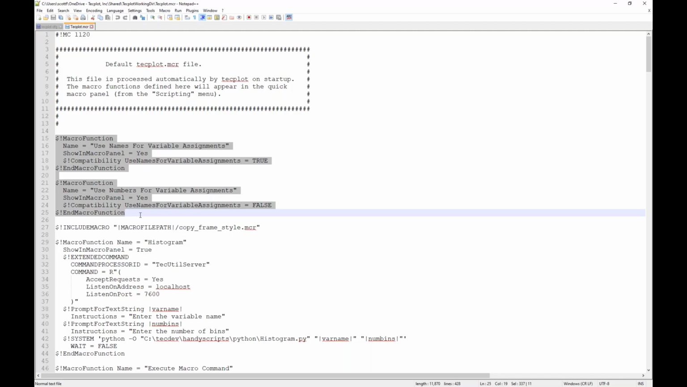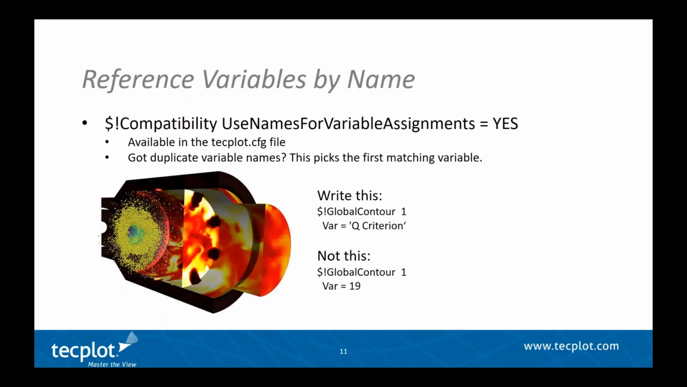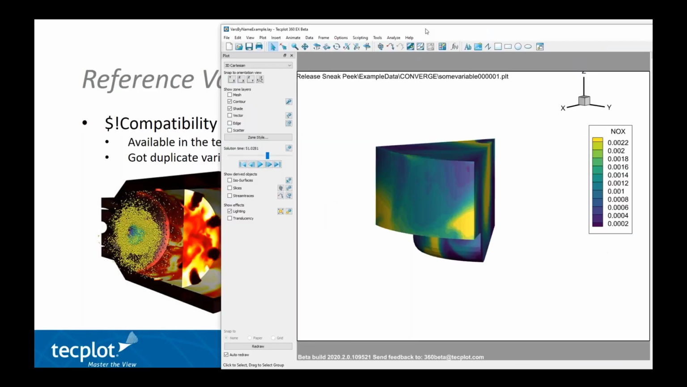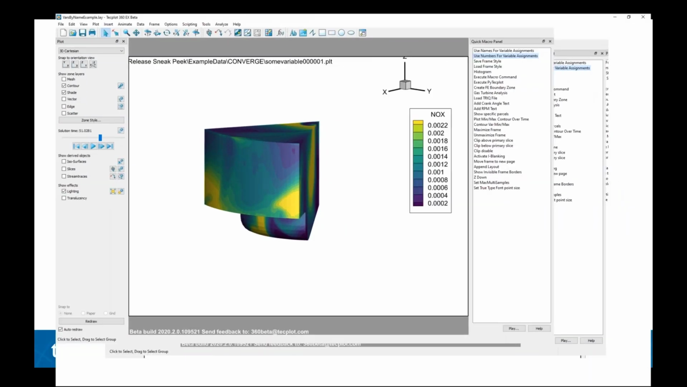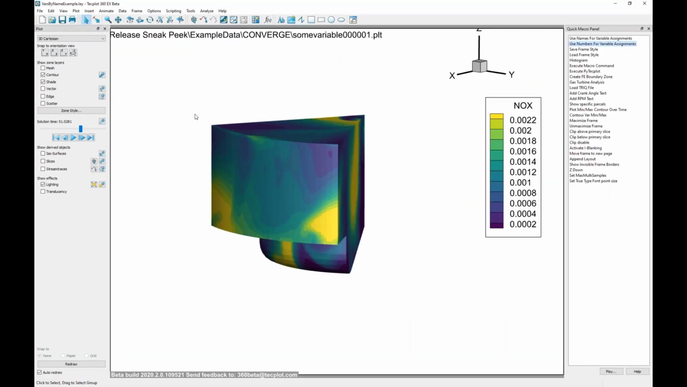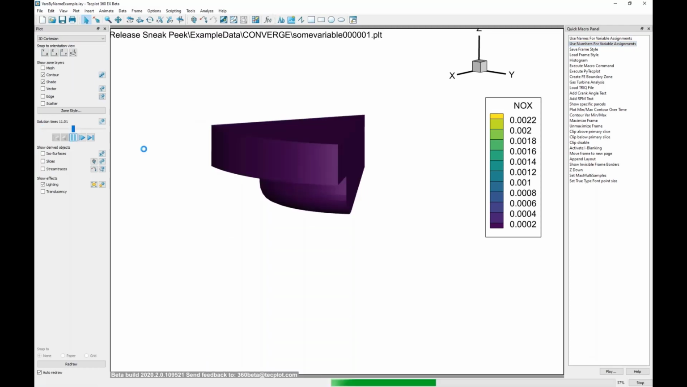Okay, so let's show this in action. I'll just bring over TechPlot 360 here, and here I have a data set. This is a converged data set of a diesel cylinder. It's 1/6 of a diesel cylinder. And if I look at the dataset information dialog, you can see that what I'm coloring by NOx, which is variable number 12. And what I want to do is apply this same style to a new data set. So let's create a new frame